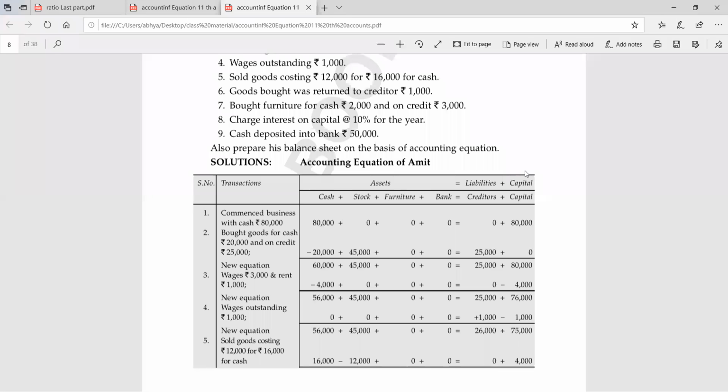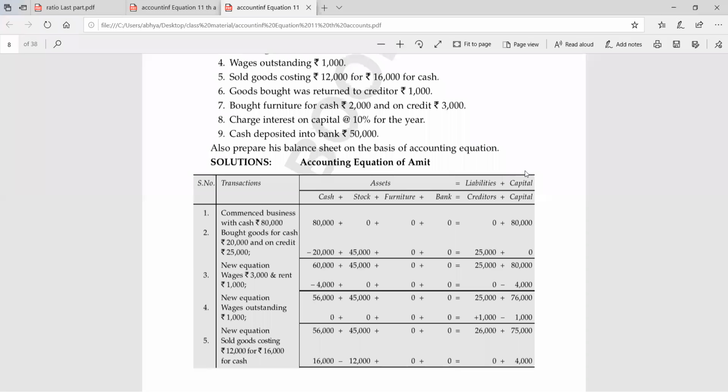It's on cash. So it will be increasing the cash. By what amount is the cash increased? In how many rupees have we sold the goods? Yes, 16,000. So we are going to add 16,000 in cash, deduct 12,000 from stock,